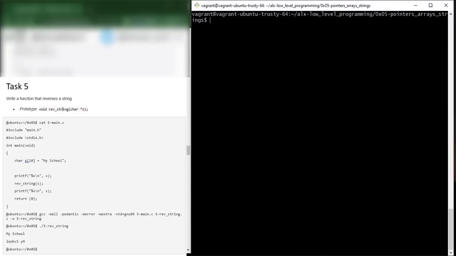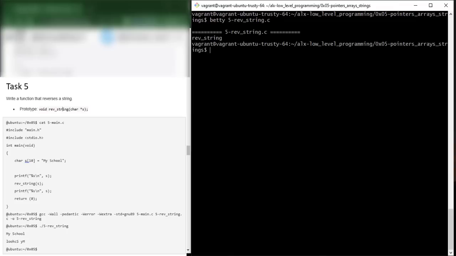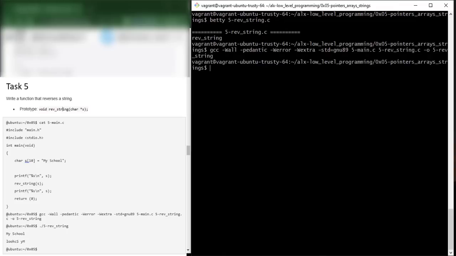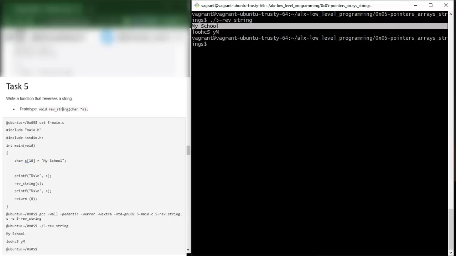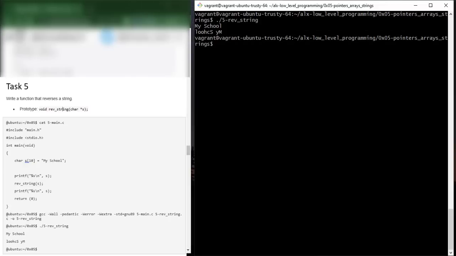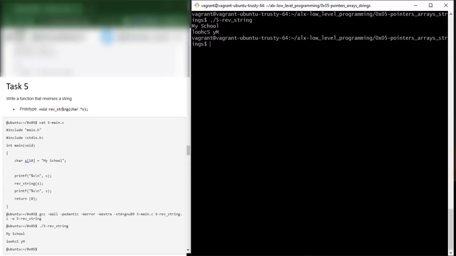So let's run Betty on this. What's the file name? 5. Yeah, so Betty is fine. So let's compile the program. Yeah, so as you can see now, it has been compiled. So we run it, and as you can see, we got my school, and then we got it printed in reverse again. So this is simply how you can reverse a string, a function to reverse a string. All right, so don't forget to add, commit, and push to a GitHub repository,